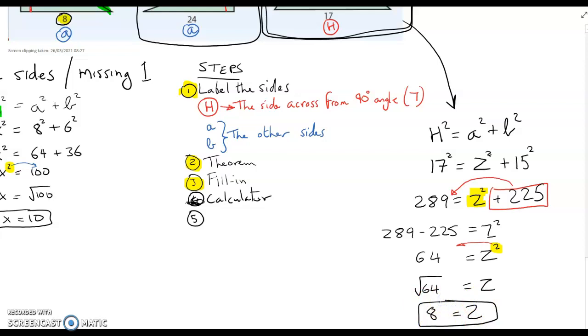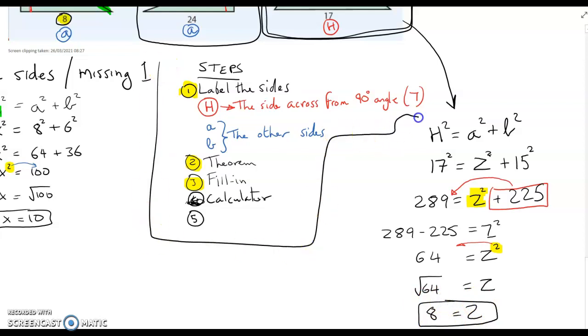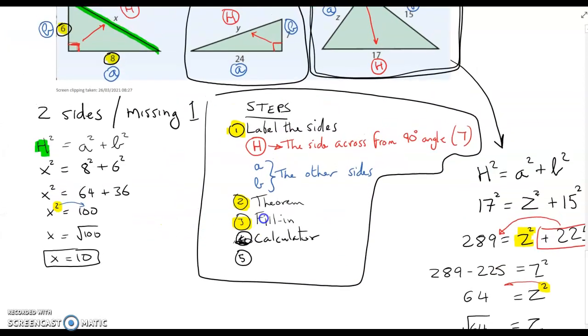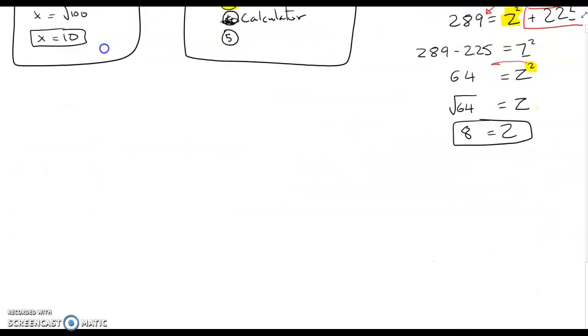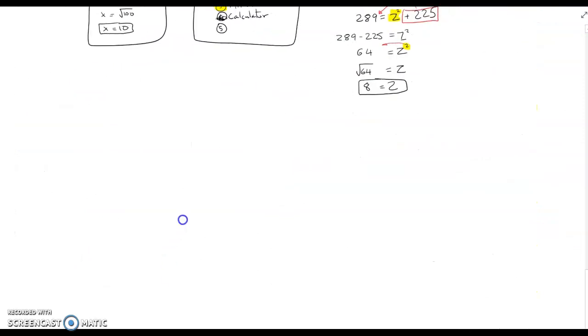Okay, there's those two questions. You do the middle one, and you follow those steps there exactly. So the middle one is done the exact same way as we did the first one. You don't need to move anything in that middle one, because it's h that you're missing, and it's already on its own. Now the next type of question